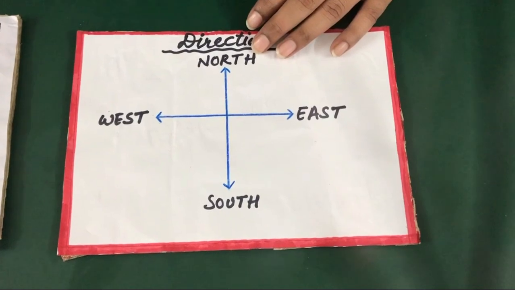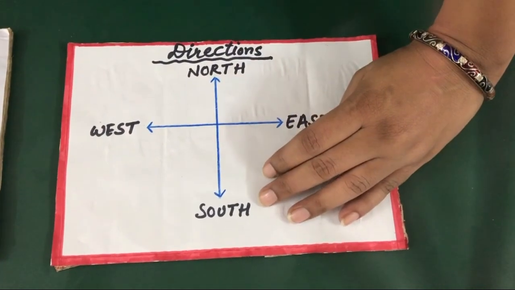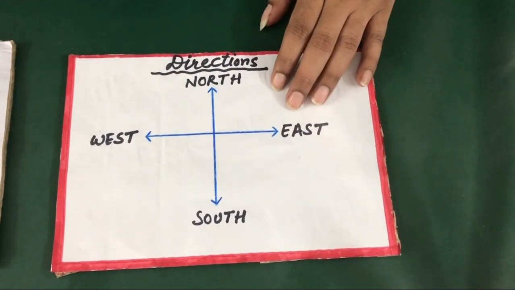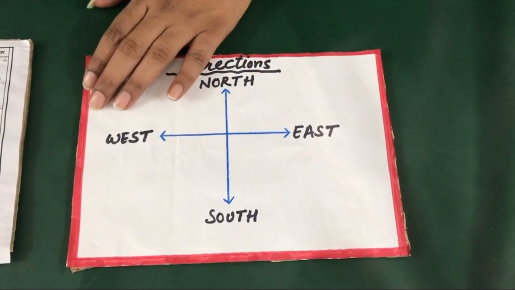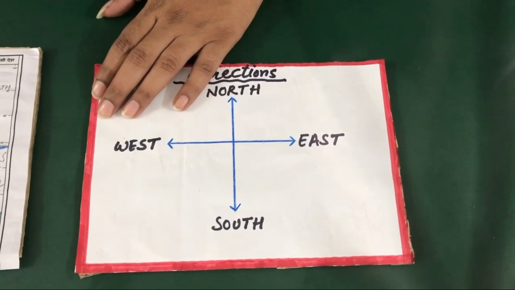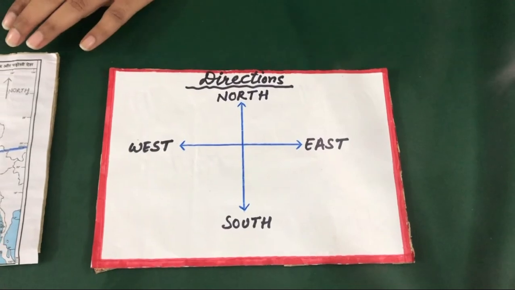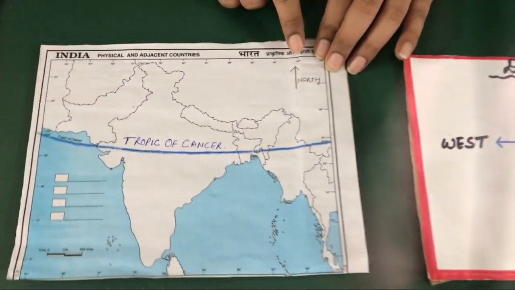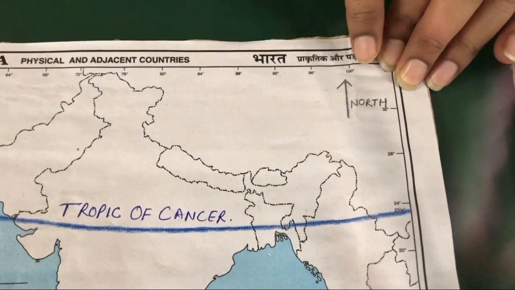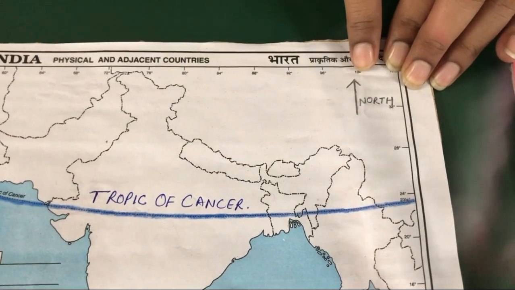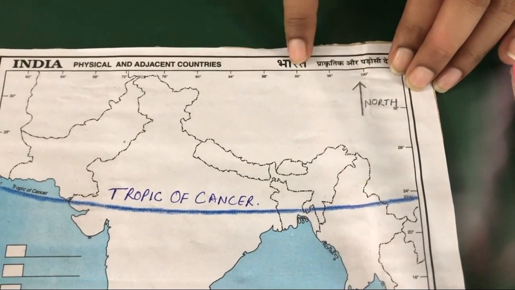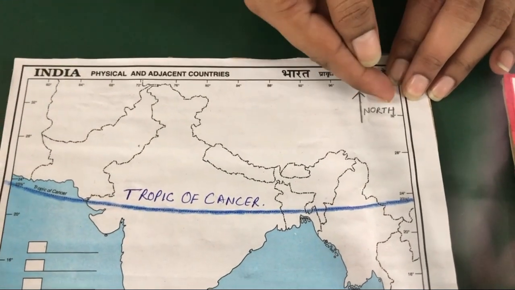North is at the top of our head and south falls at the feet. East is on our right hand and west falls at the left hand. On a map, north is always marked at the top of the sheet on the right side of the paper. When maps are drawn on sheets, first we have to mark the north side.